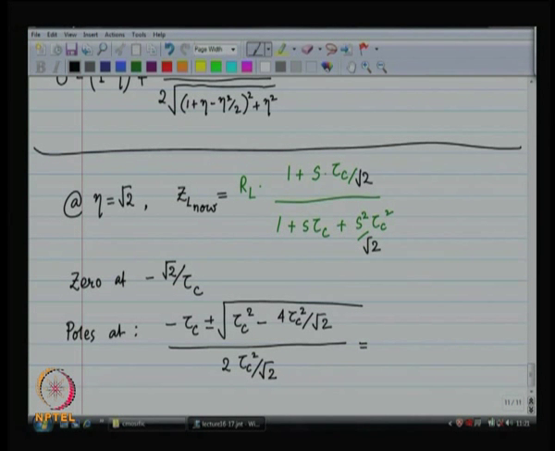So, let me simplify this further. I am going to divide numerator and denominator by tau c. And then what I am going to further do,